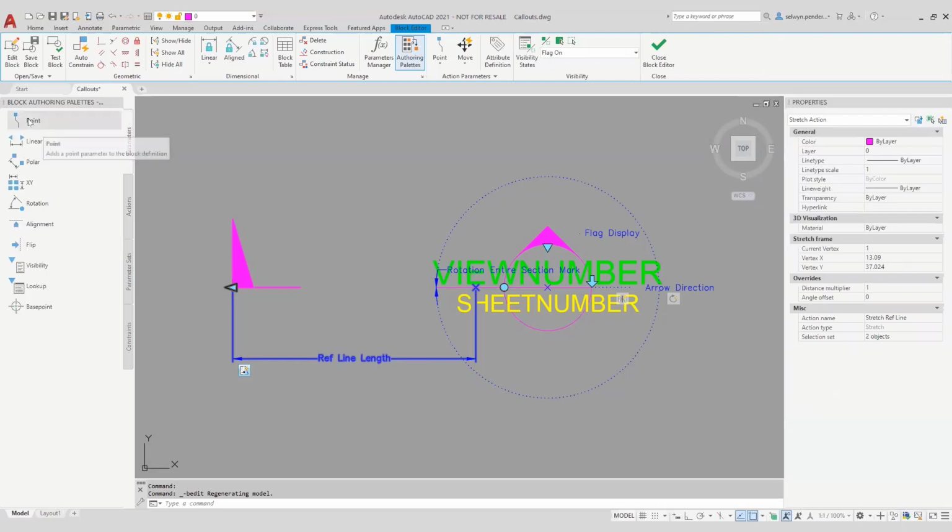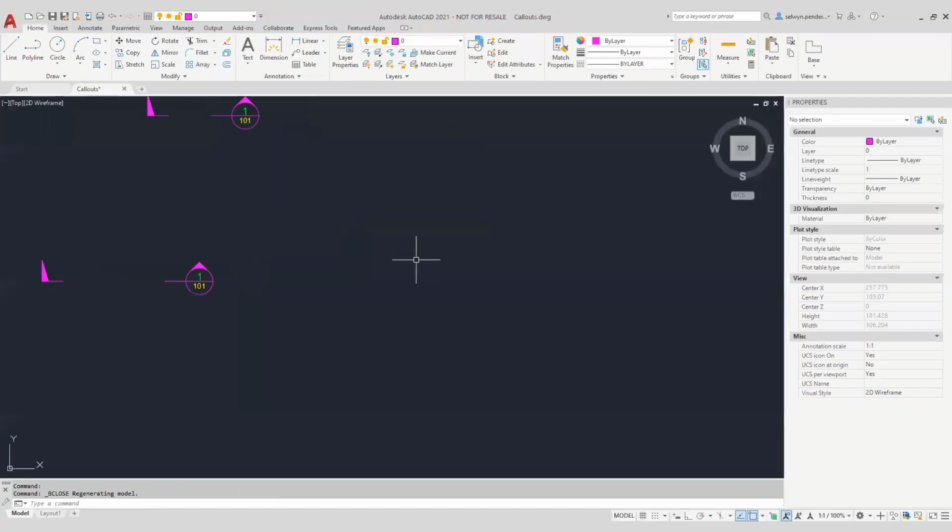So up here you have your parameters, which you basically think of as grips. Oh, another one, hold on, I'll just close this one. I'm going to create a